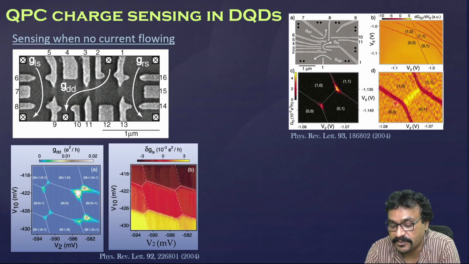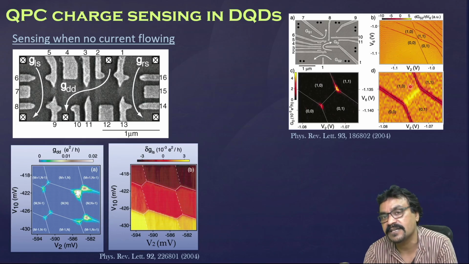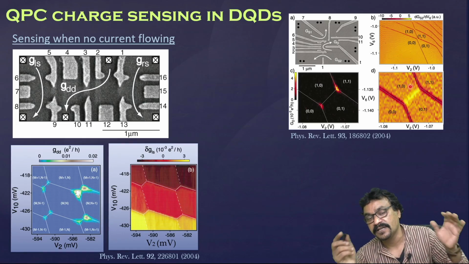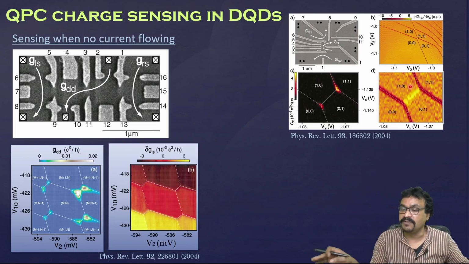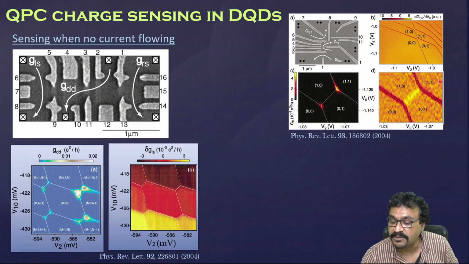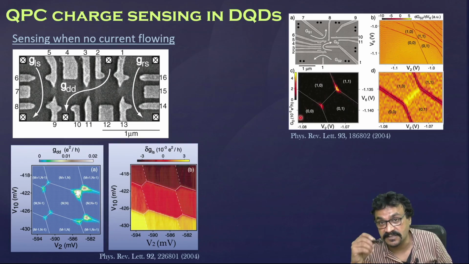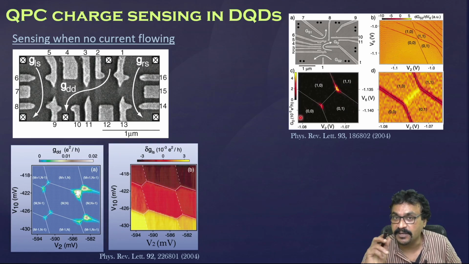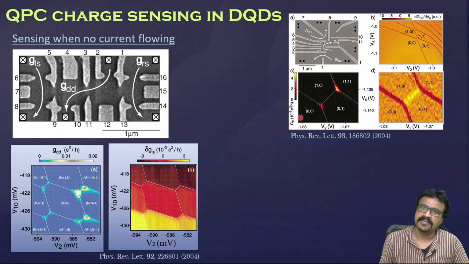Okay. So, you see the current signals are there only at these corners, but you can see all other boundaries of the honeycomb when you do charge sensing, because it is sensing the change in charge configuration. Current is sensing the current through the device, but current through the device is present only at these corners, but charge configuration is changing whenever you cross any of this boundary. So, the sensor is sensitive to that. So, that is the advantage of a charge sensor, because if the overall